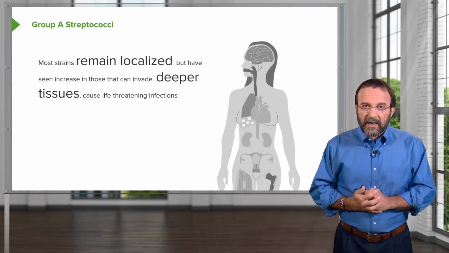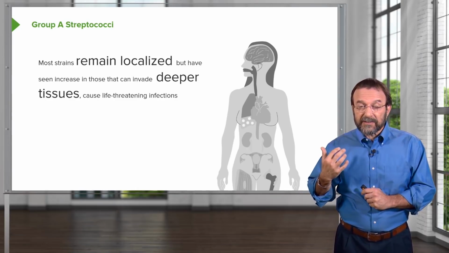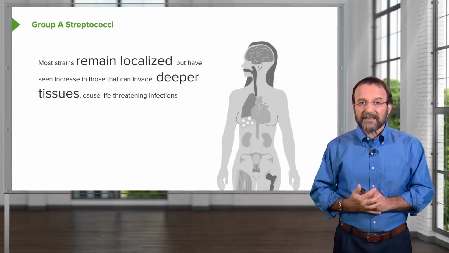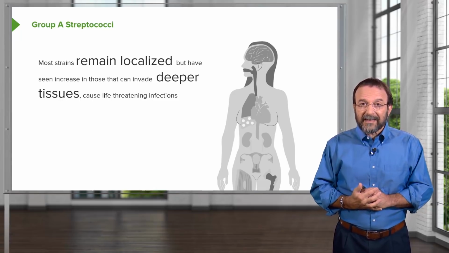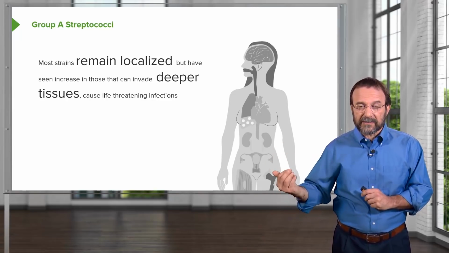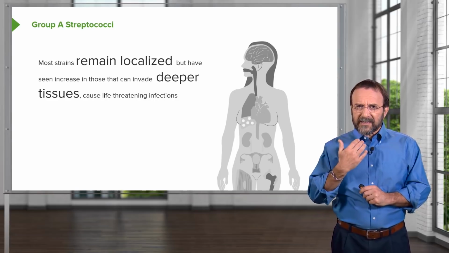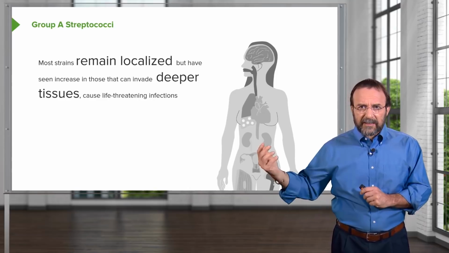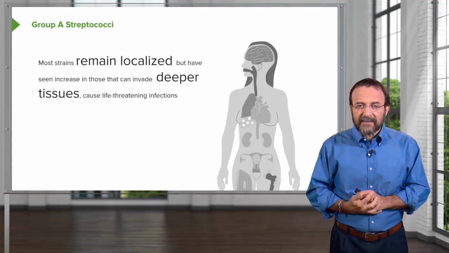Most of these Streptococci remain localized, either in your throat, if you have pharyngitis, or on your skin, a pyoderma. But over the last 10 or 20 years, we have seen an increase in strains of Streptococci that apparently can invade deeper tissues. And this is serious and a worrisome occurrence because these are life-threatening infections. Now, so the bacteria are not just staying in the throat or on the skin, but they're invading, they're moving systemically, and as you can see, all the different organs in this young lady can be infected, and these are